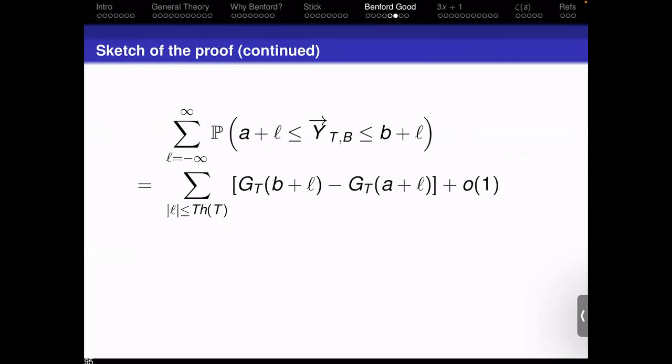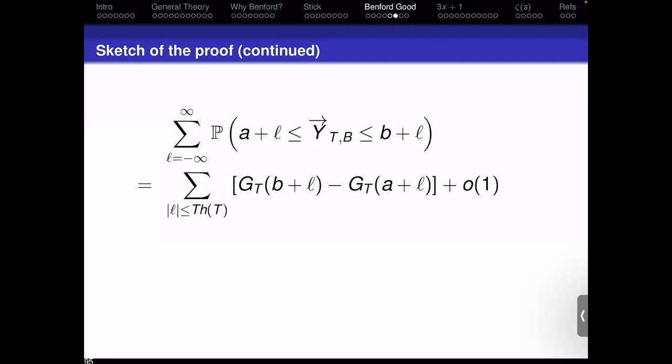So just in general, let's say I want to calculate the probability that my y, my logarithm mod 1, takes on a certain value. Well, because I want to do the mod 1, I have to look at all the possible values, not just y being between a and b, but between a plus l and b plus l for all choices of l. And so as l varies from minus infinity to infinity, this is going to give me the probability that y mod 1 is in the interval a, b.